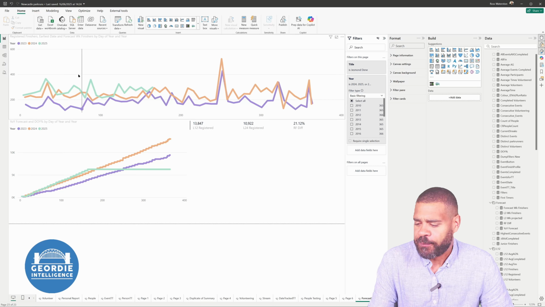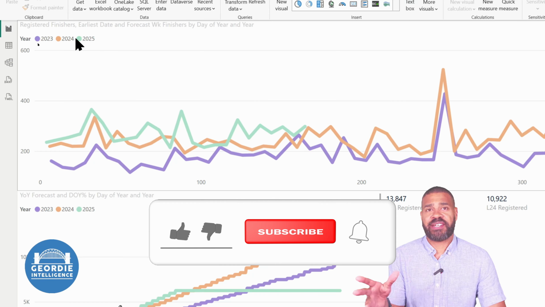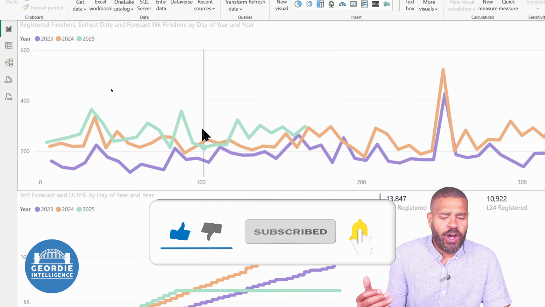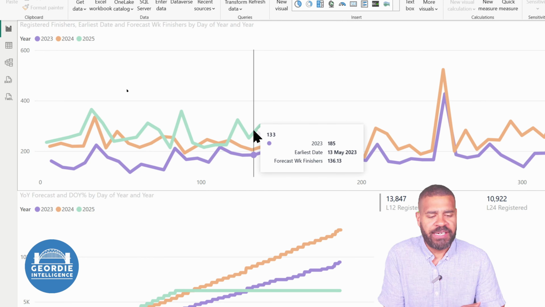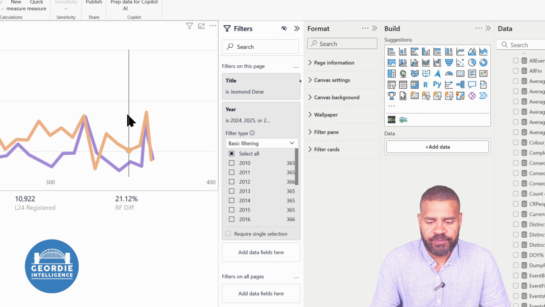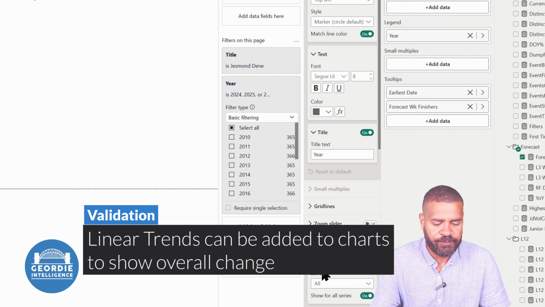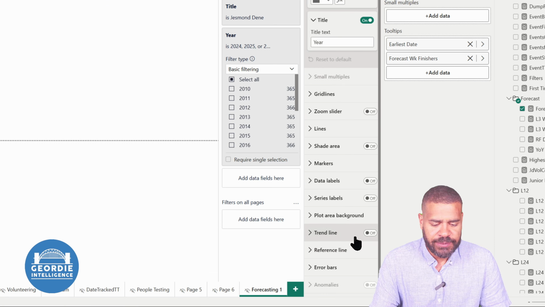So if we look at the top chart here, they have put 3 years in, the last 2 full years and the current year that we're working through. We can see, on average, each year is above the previous one. And we can validate that if we went over here, highlight that, and let's go down to trend. Put a trend line on.